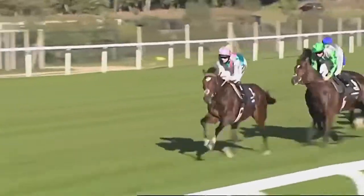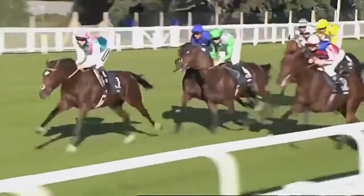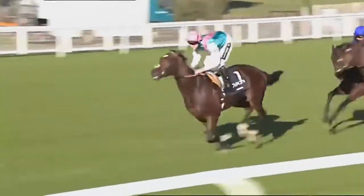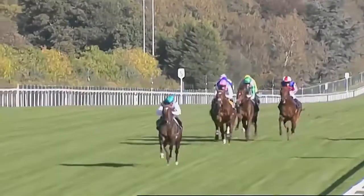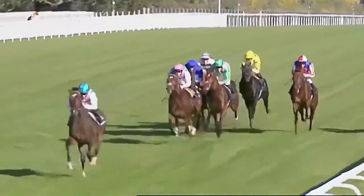Excelebration going with him, followed then by Poet's Voice. They're virtually ignoring the pacemaker, and Frankel has strode up on the outside to lead the main bunch here. Bullet Train well in front, but it's Frankel who's now about 6 lengths behind his pacemaker, being tracked now by